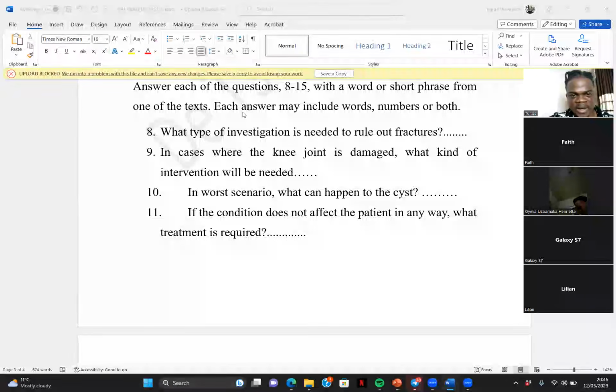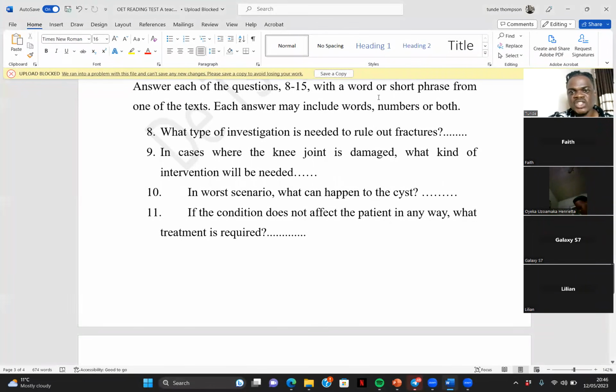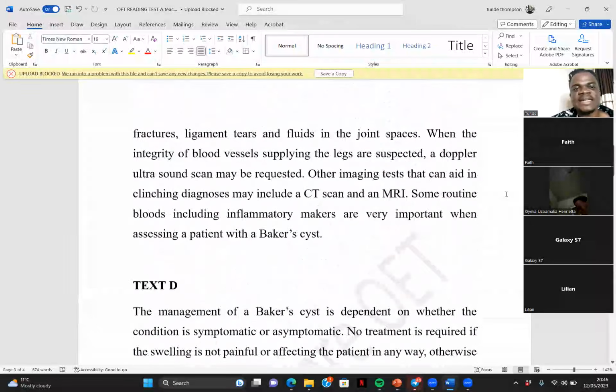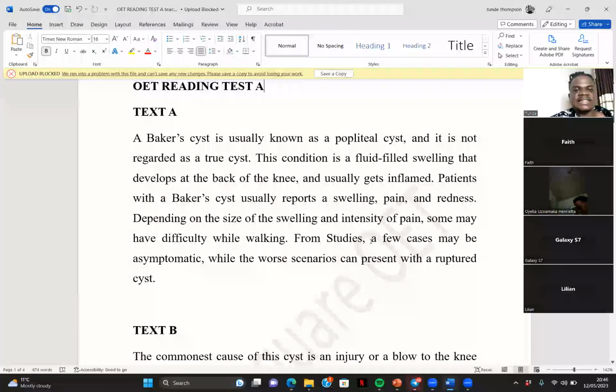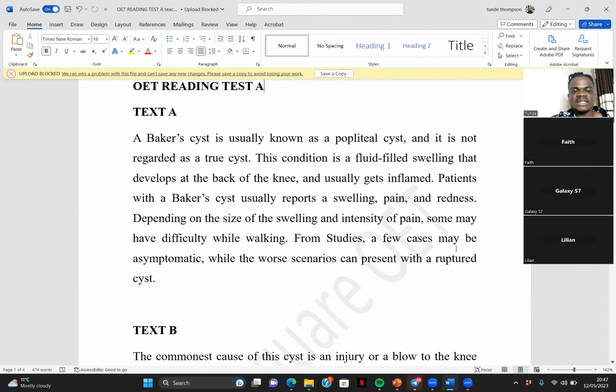So we are all saying A. If you think it's A, you first of all go to confirm it in text A. In text A, you read through. They say in what scenario, so look for where they talk about worst scenarios or where things are not getting better or something like that. These are the words you'll be looking for. So they say from studies, a few cases may be asymptomatic, while the worst scenarios can